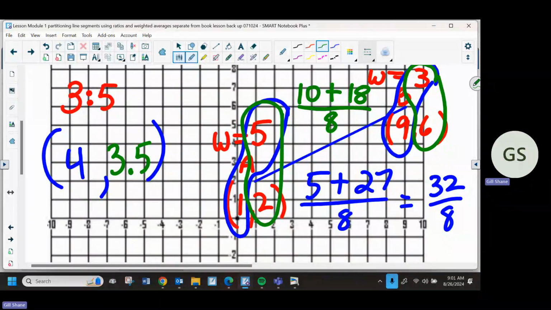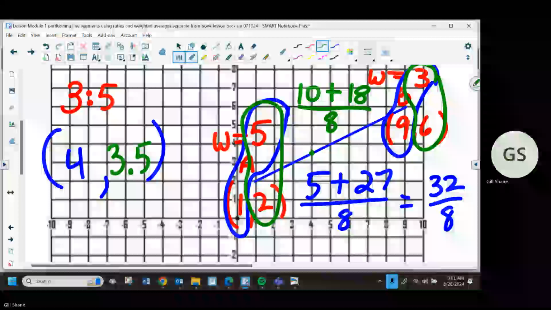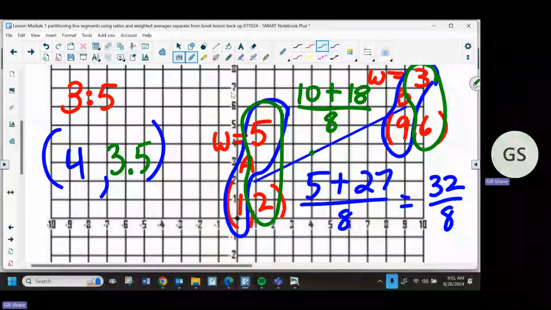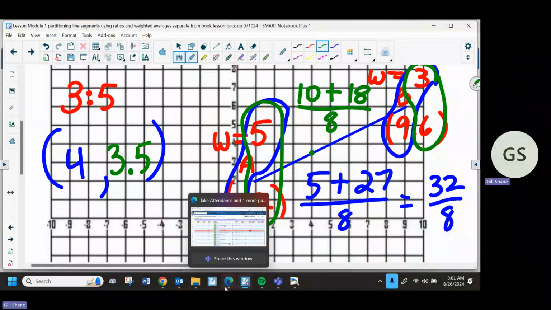I do not like when people pack up early and they're not getting it. So if I go to (4, 3.5), sure enough, I fall right on the line. So if you fall right on the line when you go to put the point on the graph, you can be pretty confident. There are videos that I posted where I went over a whole bunch of practice problems. I probably talked a little bit about